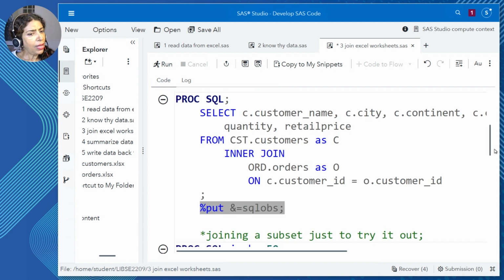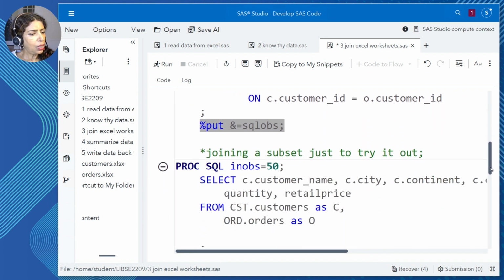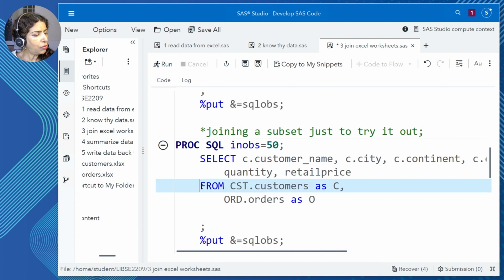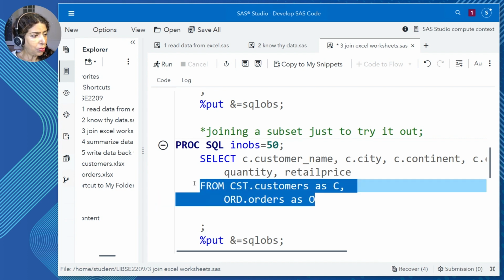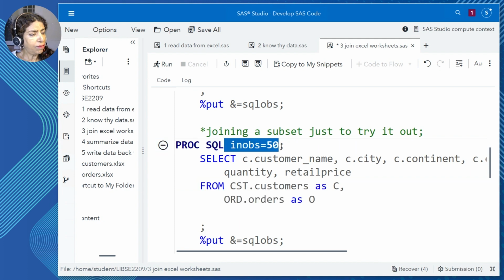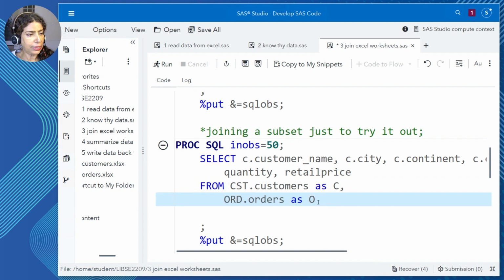Now, if I want to try to combine the two tables with an alternate syntax, on the from clause, I list the first table, separate that from the second table. What this will do, and why I have a subset here, is a very important question. Why do I have a subset of data? And why have I chosen to show you a from clause in an alternative syntax? This is a key point because this could crash your system.